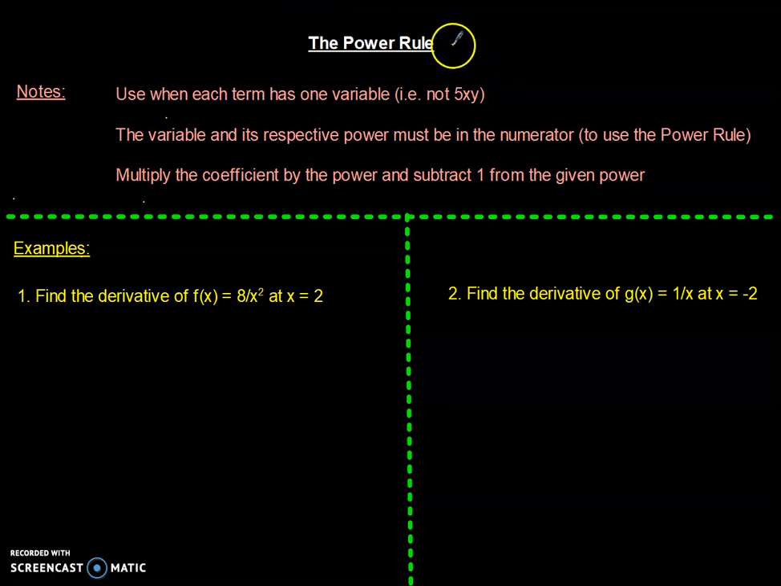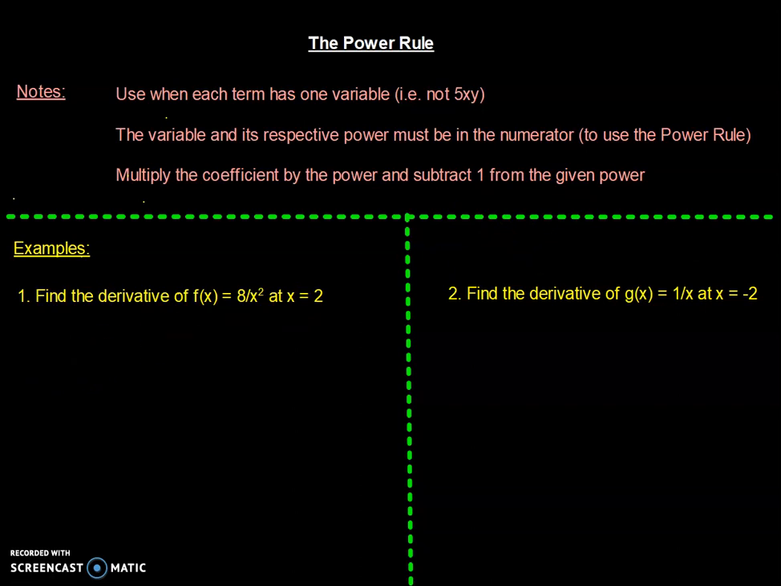So a couple of notes for the power rule. Make sure you are only using it if each term only has one variable. So 5xy has two variables, so that won't work. The variable and its respective power must be in the numerator. So if you look at number 1 and number 2, we're going to have to fix that. And to actually apply the power rule, you're going to multiply the coefficient by the power and then subtract 1